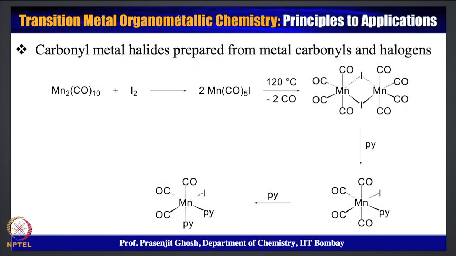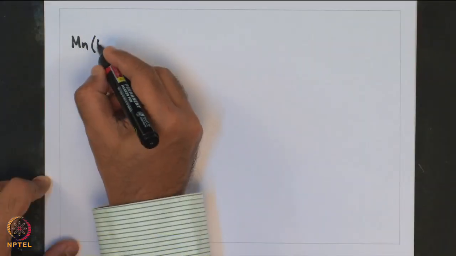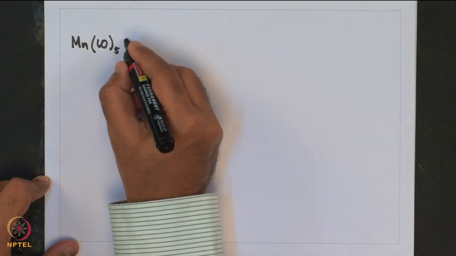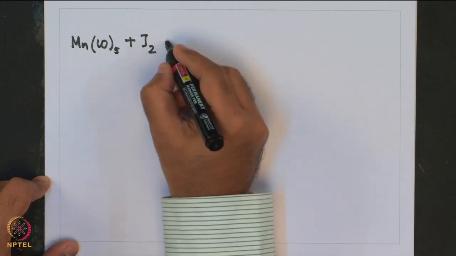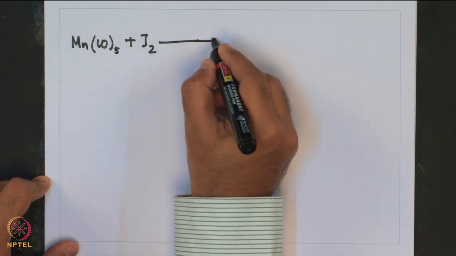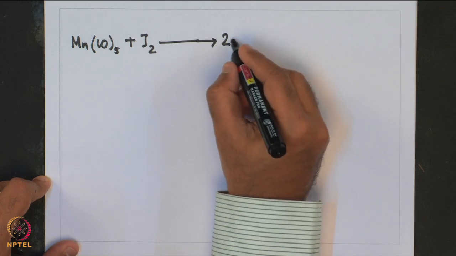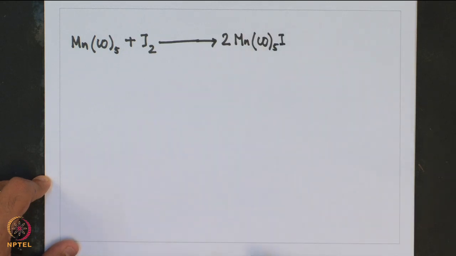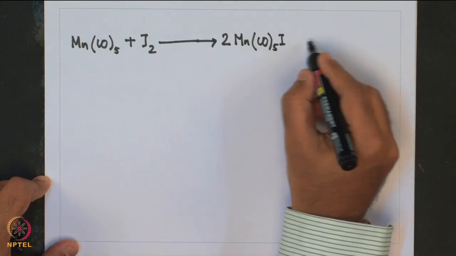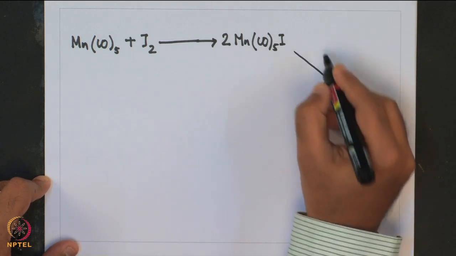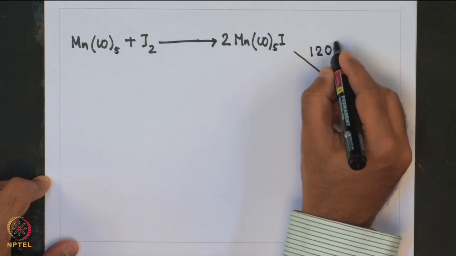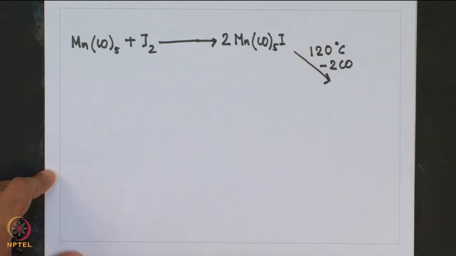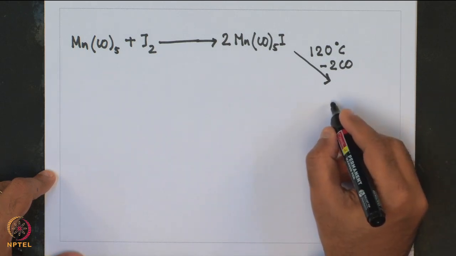For example, similar to the iron carbonyl, this one is Mn2(CO)10 plus iodine gives 2 Mn(CO)5I, which when heated at 120 degrees centigrade loses 2 carbon monoxide molecules to give